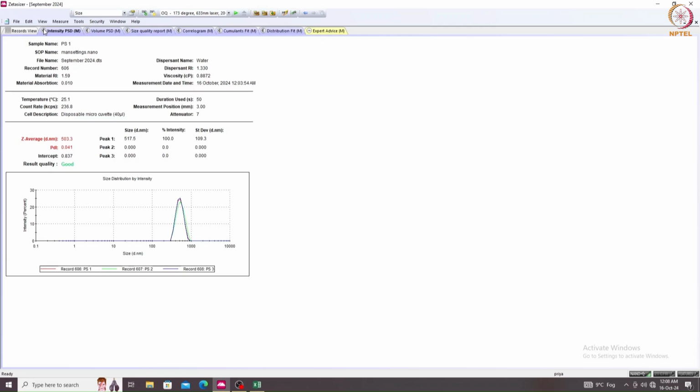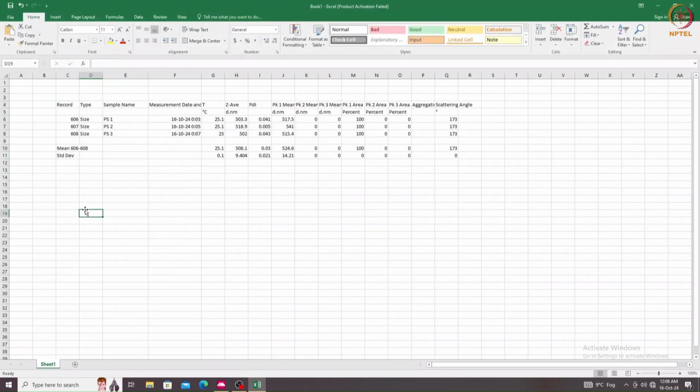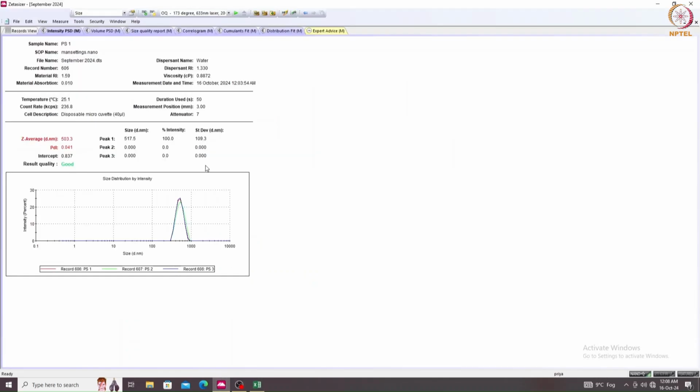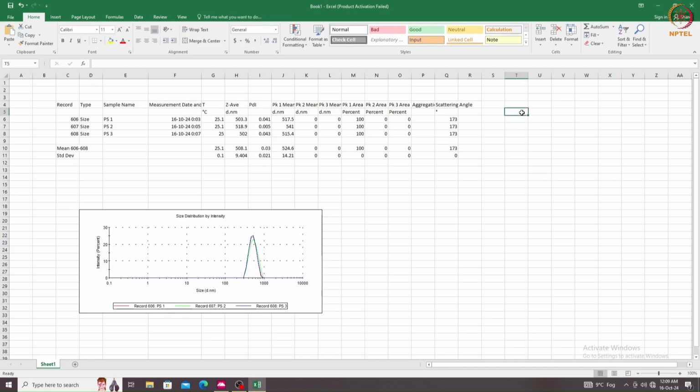You can also export the graphs that were generated during the measurement. To do this, left click on the edit and choose copy size graph, and then you can paste the graph into the Excel. If you want to copy the size values, you can copy it from here and paste those values in the Excel sheet as well.